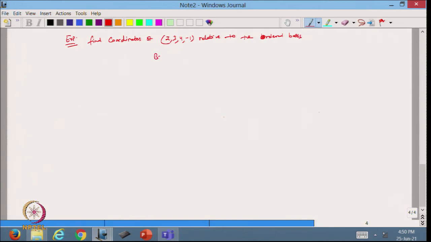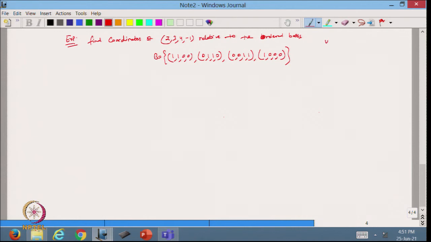So, here I am taking the basis. The basis is 1 1 0 0, and then 0 1 1 0, 0 0 1 1, and 1 0 0 0. So, these are the basis vectors I am taking, and we are talking about